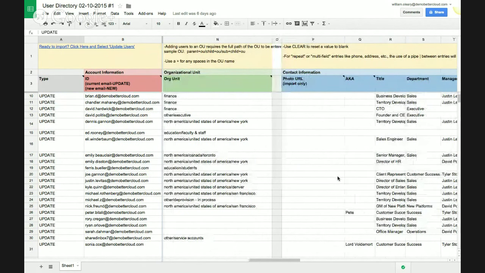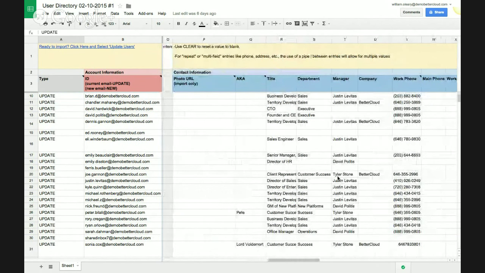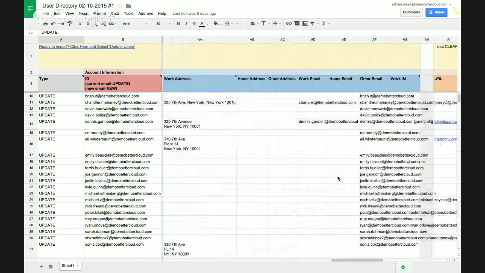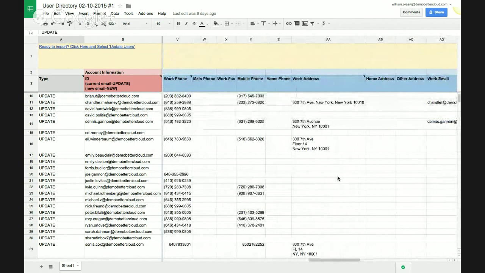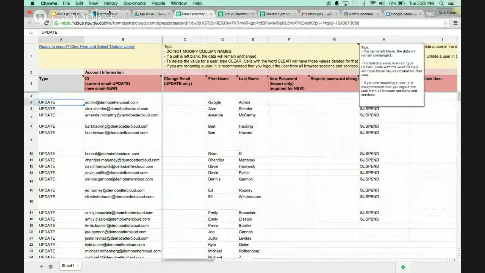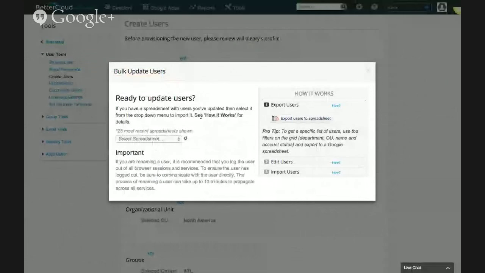Scrolling further to the right, you'll have all of the rich profile information we talked about before, a photo for your user, title, department, manager, phone numbers, addresses, emails, etc. So as you can tell, you really can complete the entire provisioning process on thousands of accounts right out of this template. When you're done making changes, if you've reviewed everything and you're ready to enact those changes, you simply come back into BetterCloud and using this drop-down menu,